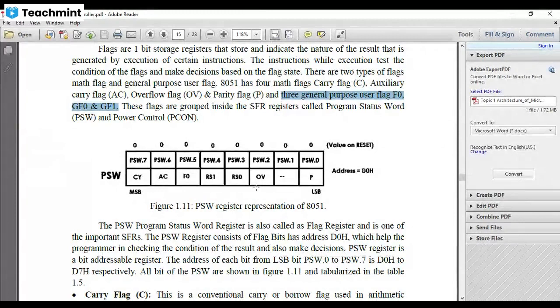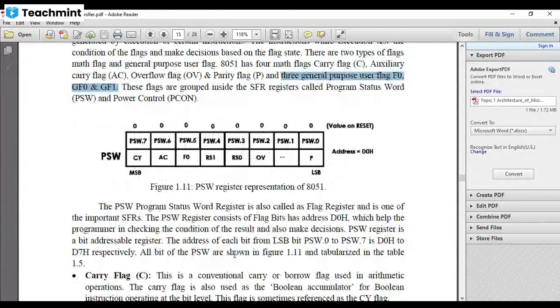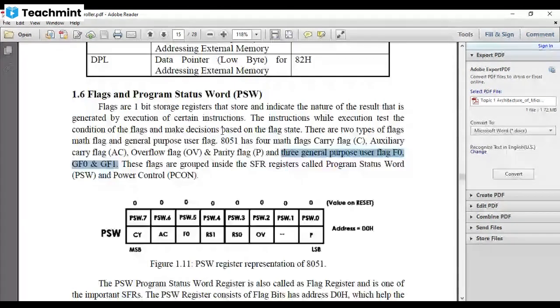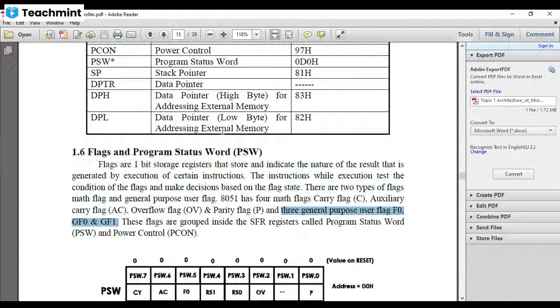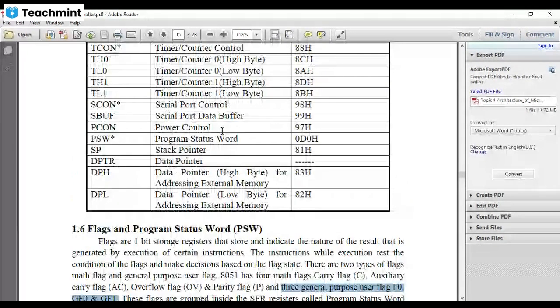From this, 4 are the math flags and 1 is the general purpose user flag. Now, for these flags, the names are given because, as I told you, it is a bit addressable register. As we see in the memory organization,